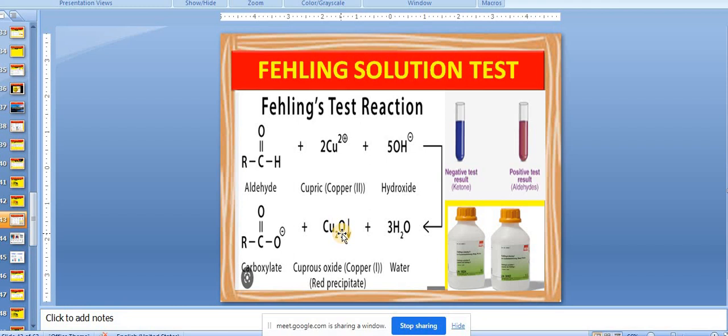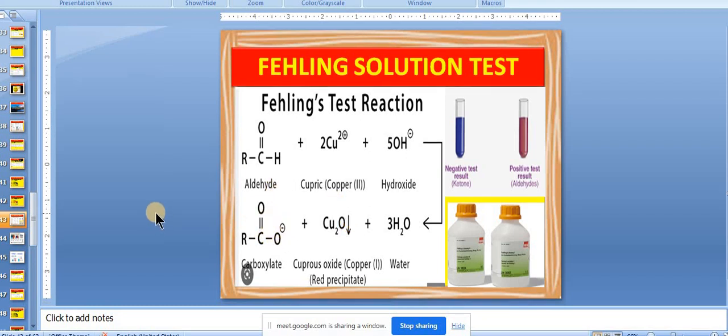It is +1. So now in cupric ion, 2 plus changes to +1. It means reduction happens. So it means copper 2 plus acts as oxidizing agent. So oxidizing agent means aldehydes are oxidized to acids. So this is the basis behind these tests. Copper ions are oxidizing agent which convert aldehyde to carboxylic acid. So this way RCHO is converted to RCOO negative.